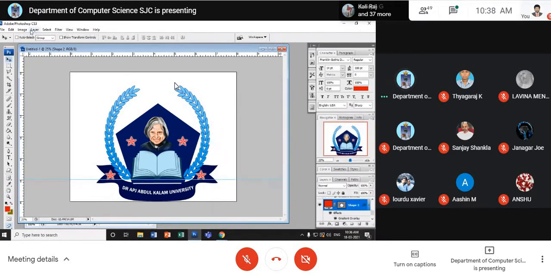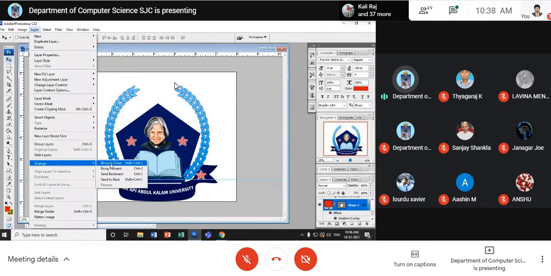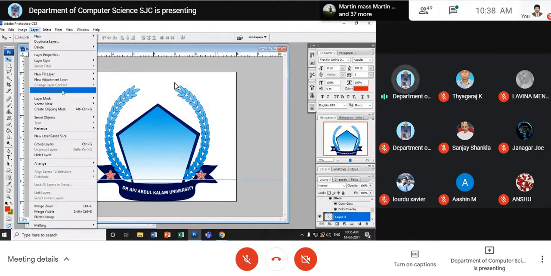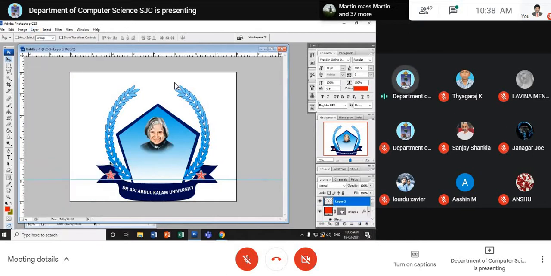Now I make the previous one front. I made it a little more back. I want to bring that Abdul Kalam front. So use arrange, so the book shape comes forward.